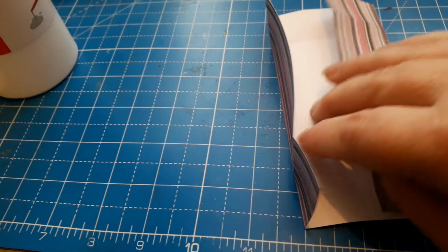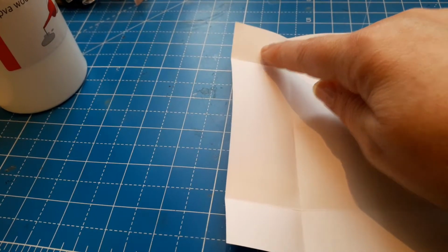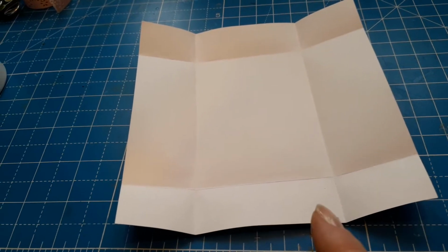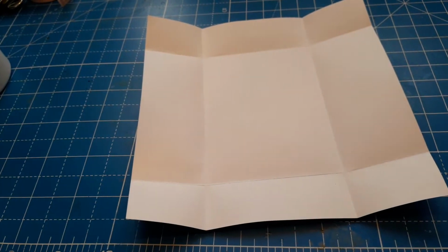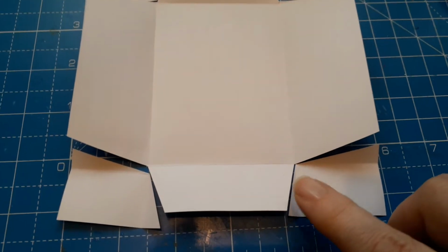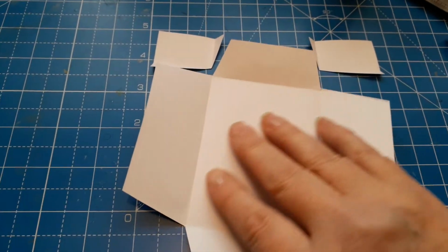Okay, now what I want to do is cut out all of these squares, so this one, this one, this one and this one, and when I'm cutting them out I'm going to notch in. I'm coming from here up and I'm going to notch from the top down. So I'm just going to go and do that and I'll be back in a second. Okay, so as you can see I've notched each corner. I can take those away and I'm left then